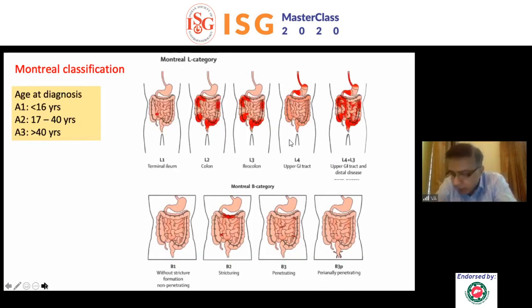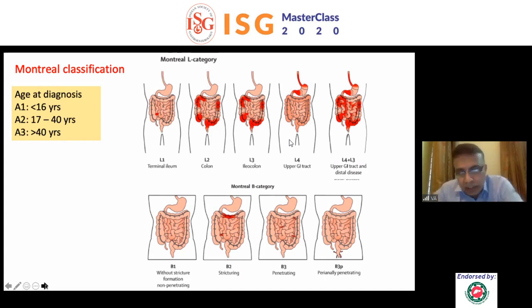Now, is Montreal classification only important for research? Is it important only if you are putting some data together, or is it something which you can use in your regular clinical practice? The answer here is very clear. It is an identification tag for the patient. The patient is probably going to stay with you for many, many years, so you need an identification tag. You need a tag which would have an element of dynamicity in it, so that even if the identification pattern changes, you can still know from point A to point B what aspects of the patient's phenotype changed.